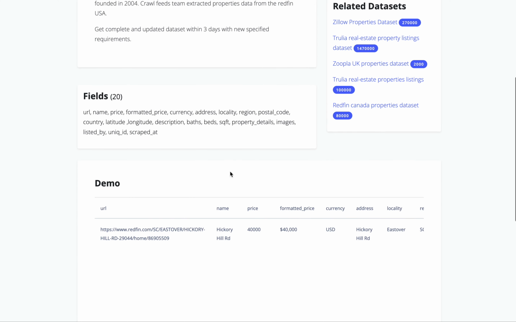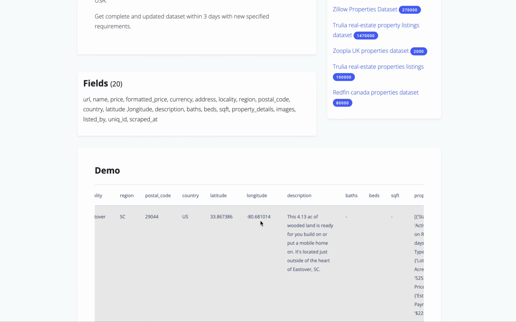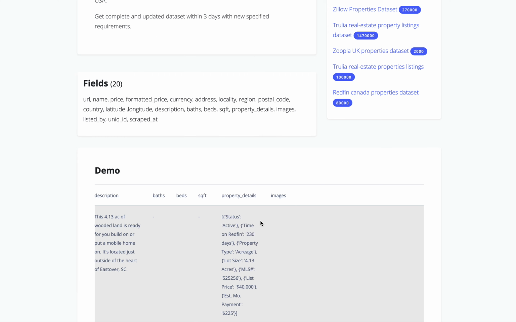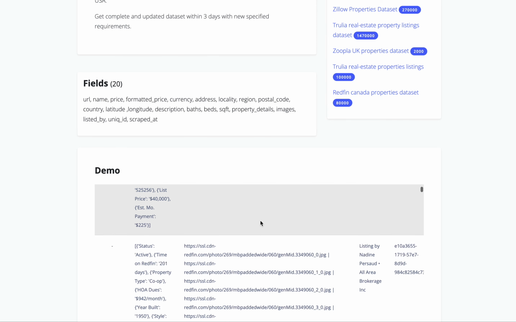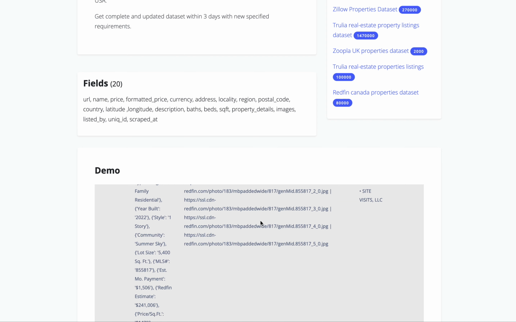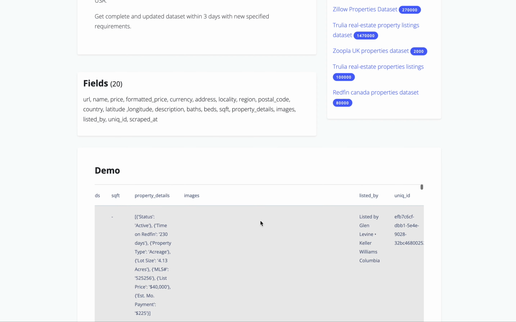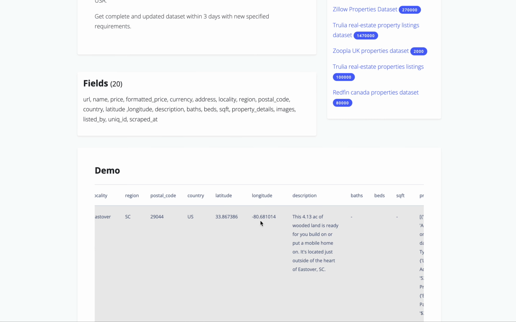and around 20 data points like URL, name, price, formatted price, currency, address, locality, and all these property details and images, all the images that are listed in Redfin, and listed by, and when we scraped it. You can get all of these from